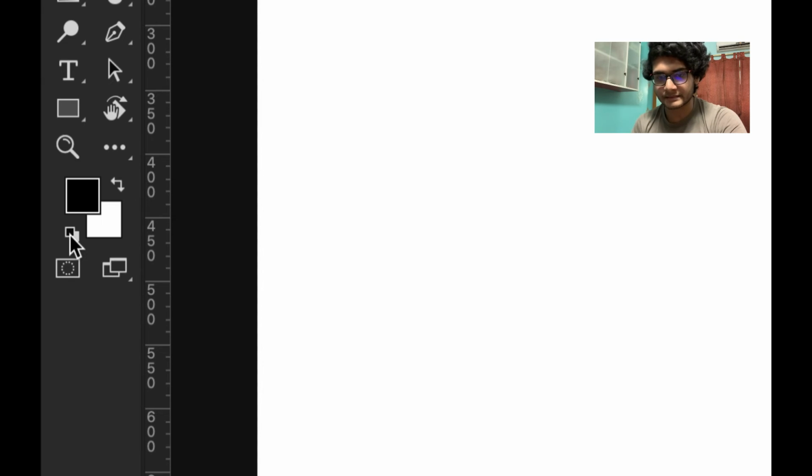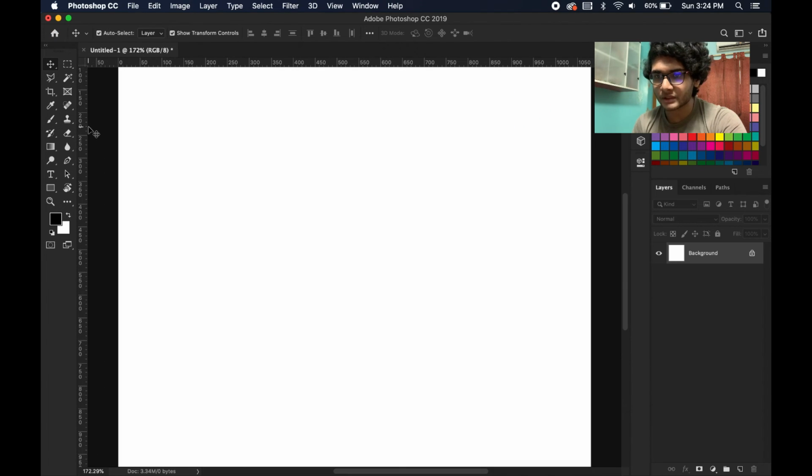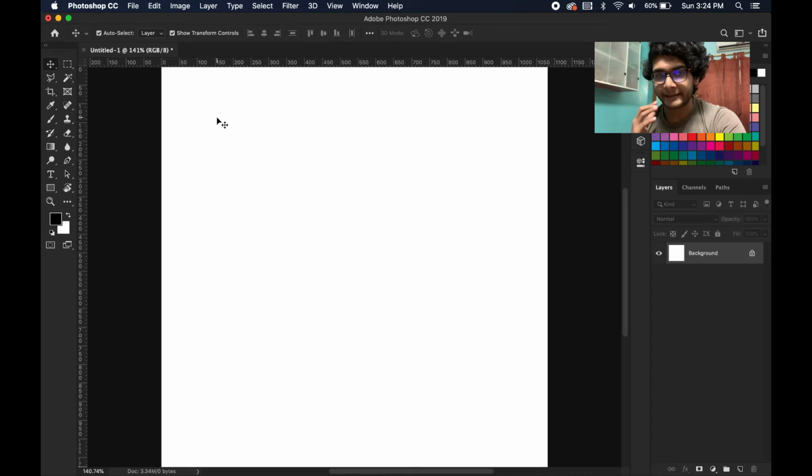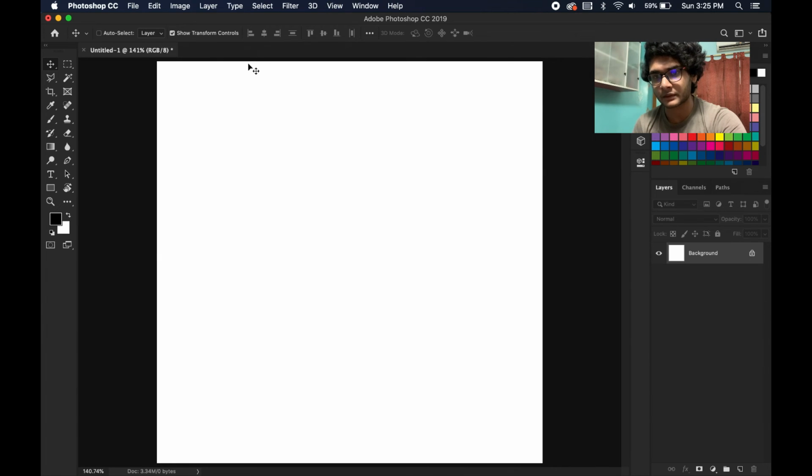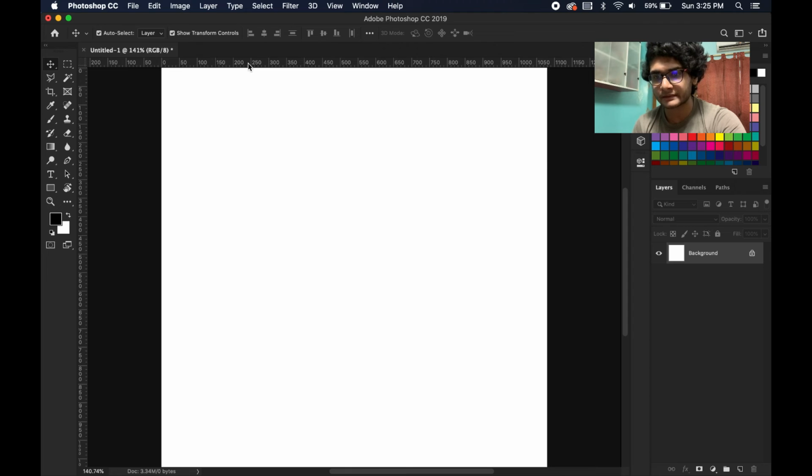Also, you can see that there is actually a ruler here. So if you are actually into very heavy graphic designing and you want to absolutely place the elements according to the ruler, then you actually need to enable ruler. And ruler can be enabled by pressing Command R, or Control R if you are using a Windows computer. That's why rulers can be made, and you can actually drag in guides for actually positioning your element. This is how the guides work. You can also make these guides anywhere you want. Also, if you want to put that back into the place, then you have to drag them into the ruler.